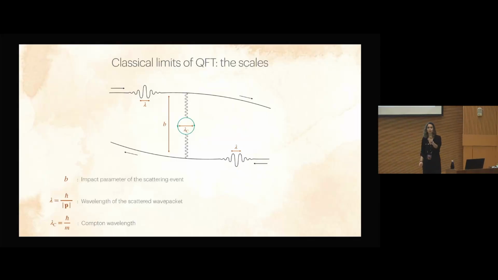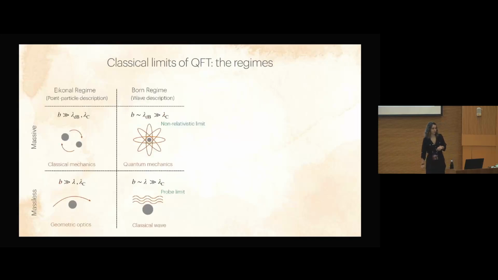So if you probe a photon at the length scale of the electron Compton wavelength, then you will probably see it split into electron-positron pairs. And those are really QFT effects that I want to get rid of, so when I talk about classical scattering, I'm always going to take B much larger. Once you impose this, there's a bunch of possibilities left. So let's see: if you scatter massive states and you take B much larger than the de Broglie and Compton wavelength, we are basically in the regime of classical mechanics, so point particles. You can think of, like, tennis balls.